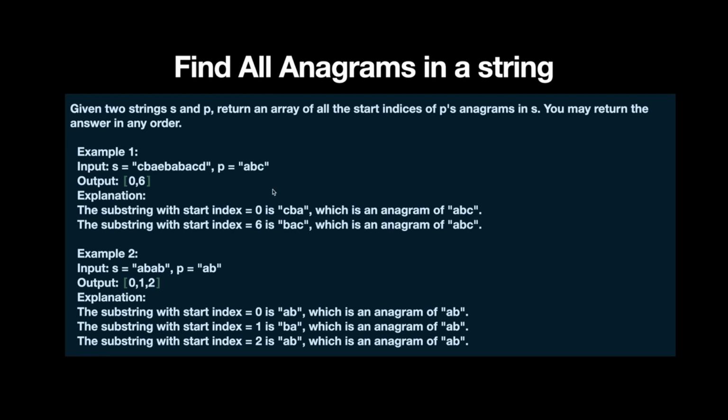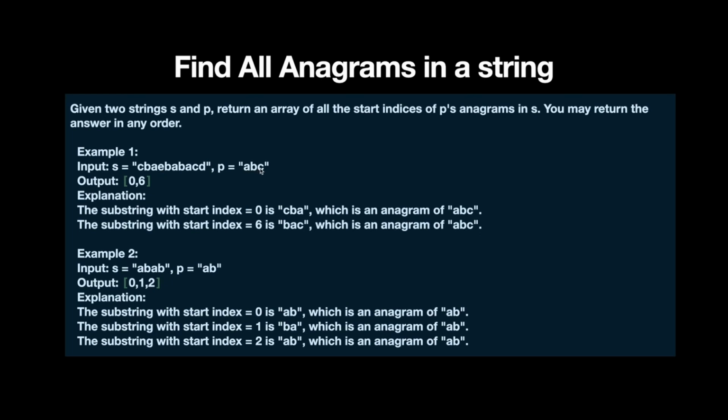It is like if you have a string ABC, the anagram of the string will be BCA, BAC. It should be a string which has similar characters, and the frequency of those characters should be similar to the string, right? So what it's saying is we have a string input array. In input we have two strings. One is this S, this long string, and then this is P, right? For this P, we have to return an array of indexes of this S array wherever we find an anagram